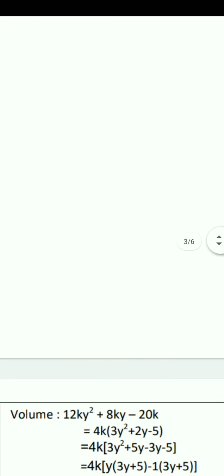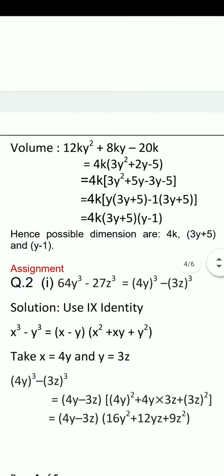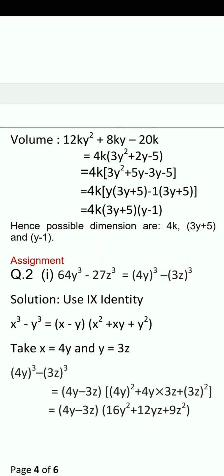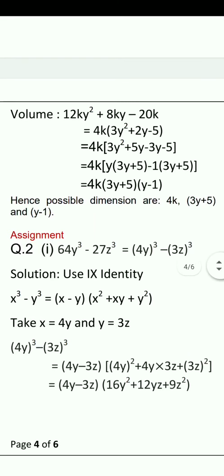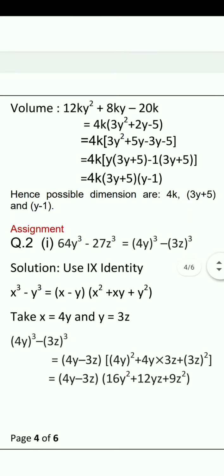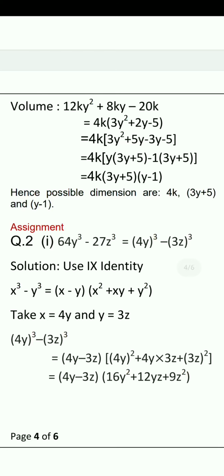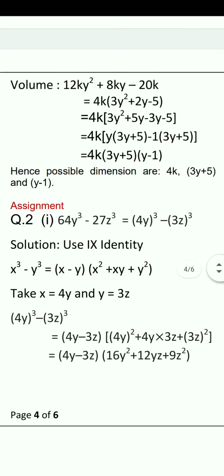Now this, or we can factorize more. So the same question, if we factorize more, we can also write, means factorize the bracket, that is 3y square plus 2y minus 5, by using the splitting the middle term. So here 3 times 5 is 15. Write down the factors of 15. Product is 15 and negative, so the difference we must get is 2. So 5 and 3, product is 15 and difference is 2. So we will take the same. 4k bracket 3y square plus 5y minus 3y minus 5.